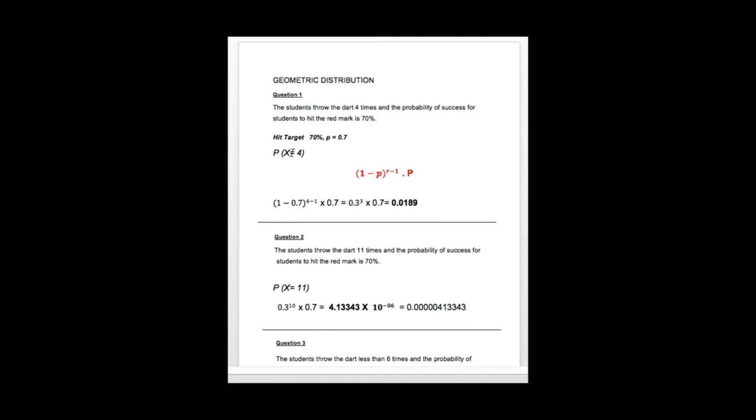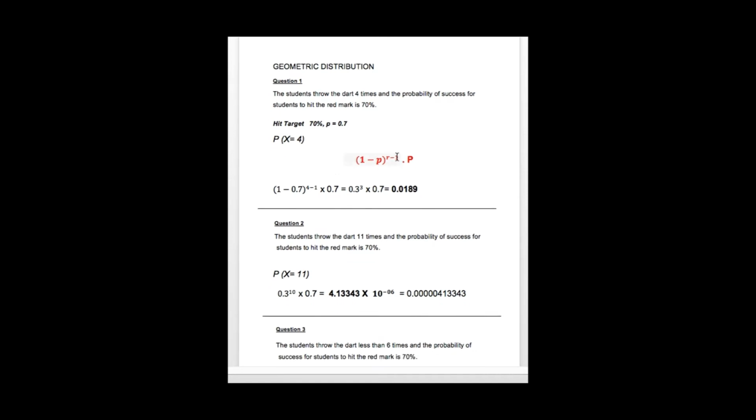This is called the random variable, X equal to 4, which is 4 times. Then we substitute this data into this formula, which is (1 minus P) to the power of r minus 1, multiplied by P, the probability of success. So we have (1 minus 0.7) to the power of 4 minus 1, multiplied by 0.7, equal to 0.3 to the power of 3 multiplied by 0.7, and then the answer is